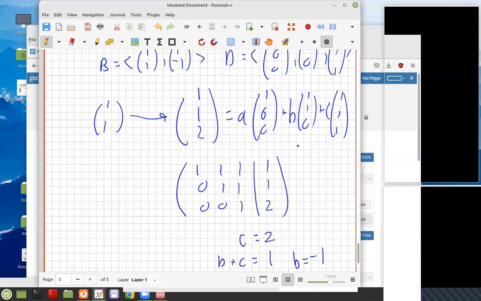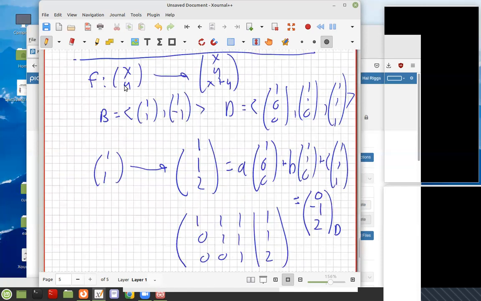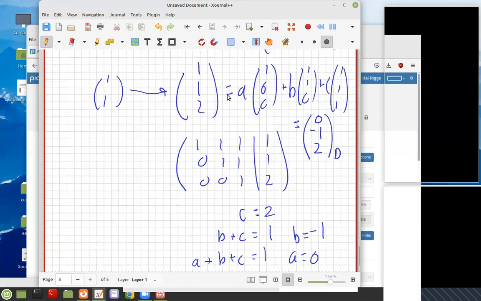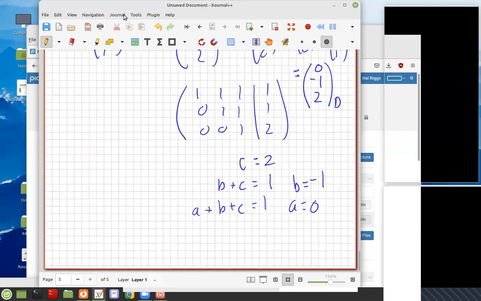So this equals (0, -1, 2) in basis D. And that'll be the first column of our matrix that represents F when it's operating on vectors in R2 in basis B and producing vectors in basis D. And so then we have to go and do